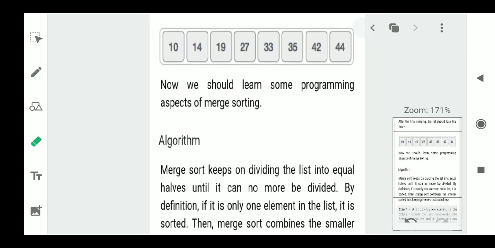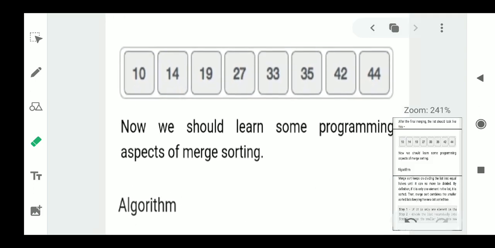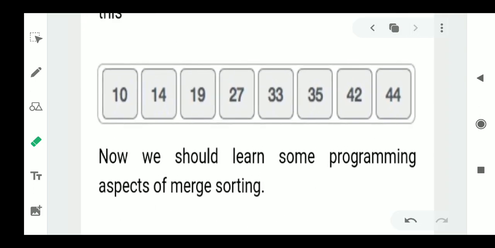So this is called merge sort. We are going to look at the principle of divide and conquer. The entire list of elements will be divided into 2 halves. Again, you divide the list of elements into 2 halves until you reach the atomic values. Atomic means what? Individual elements. Until you get the individual elements, you divide the list of elements into equal halves.